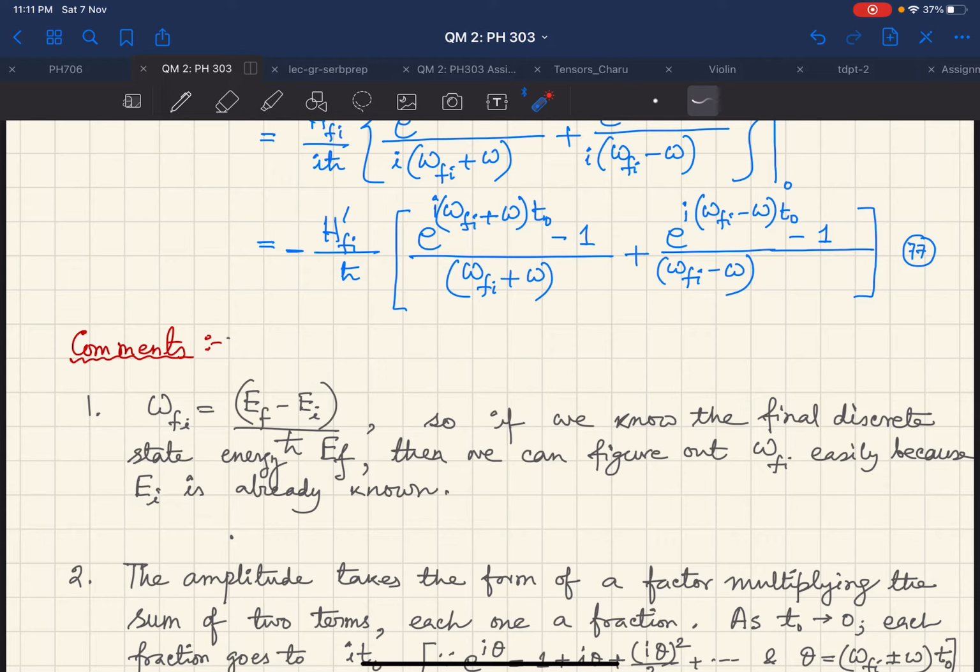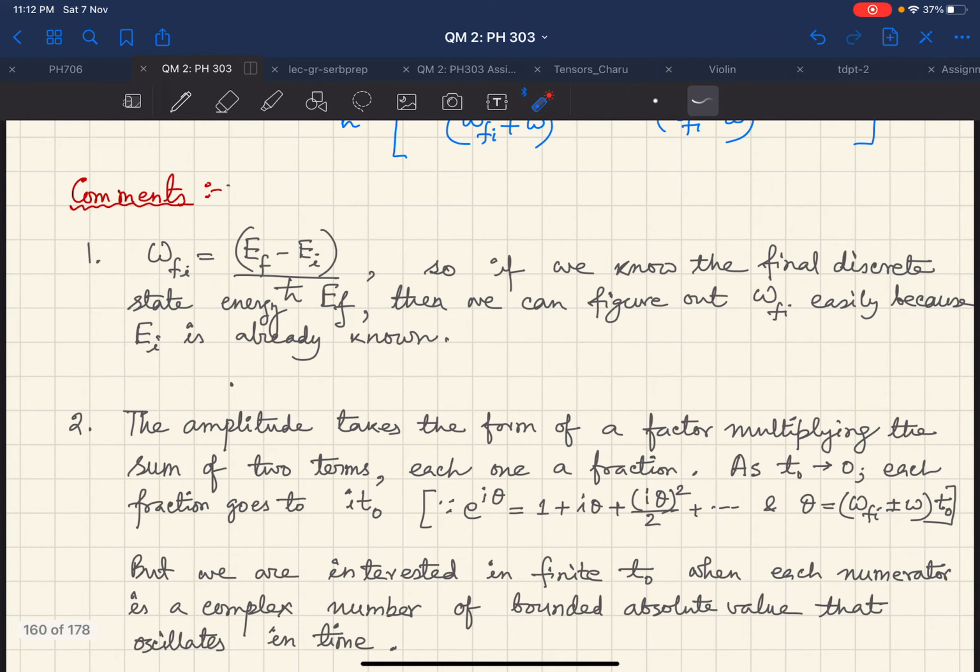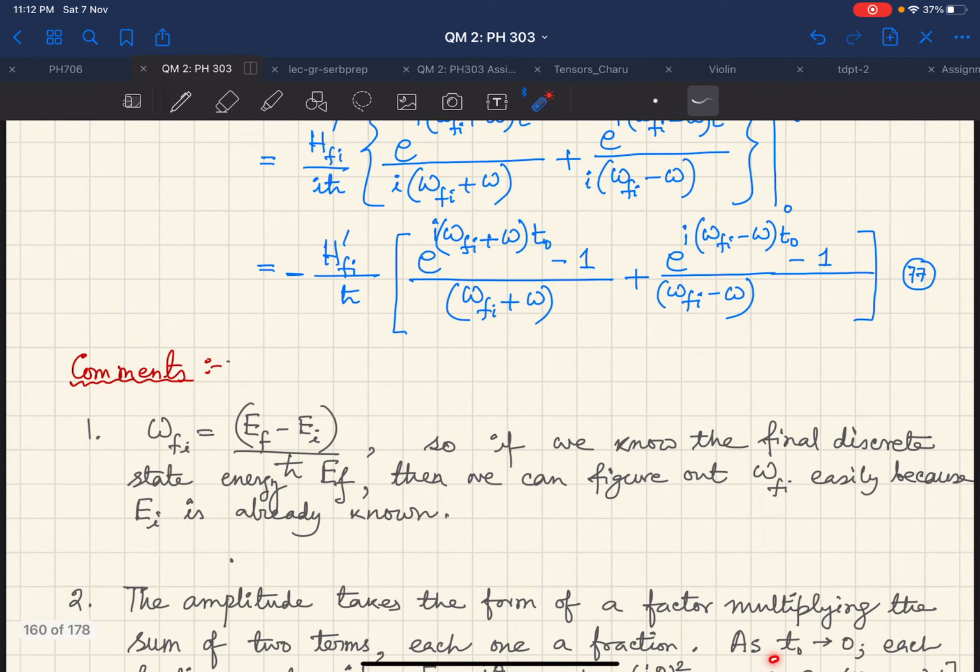So one of the ways to look at different limits is that you actually look for what happens when your T0 is very small, and when your T0 is very large. You can look for those kinds of limits. Now, suppose we are looking at the limit T0 going to 0